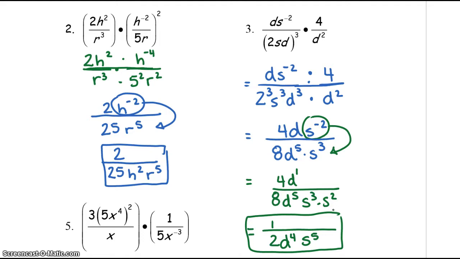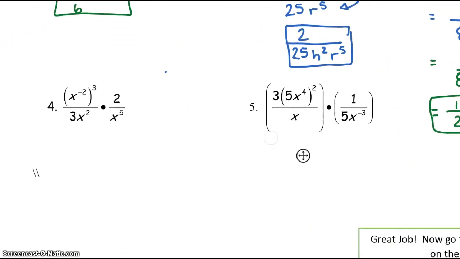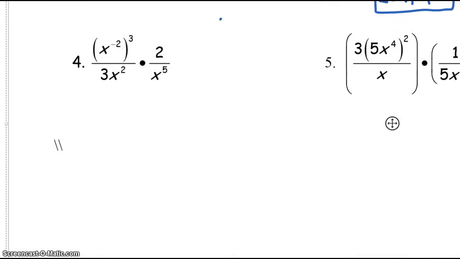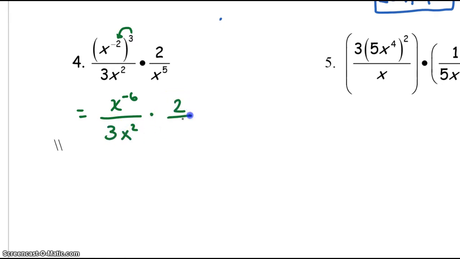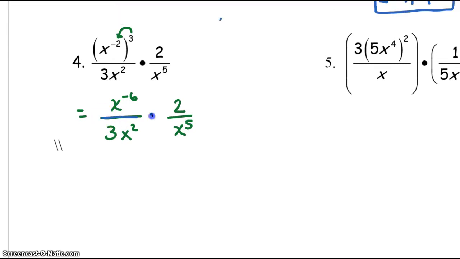Now we have 2 more examples, so you're doing a great job as we go through these more difficult examples. So once again, there's parentheses. Let's deal with those parentheses first, not let them scare us. So I'm going to go ahead and just distribute x to the negative 6 power, negative 2 times 3. Then there's 3x squared in the denominator times 2 over x to the fifth. And since there are no more fractions, or parentheses, I'm sorry, I can go ahead and combine that fraction and